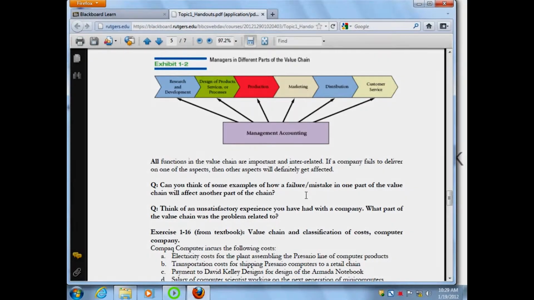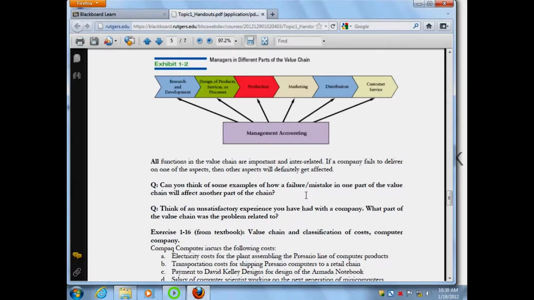Okay, so let's look at the diagram of the value chain. If you can't see it up here, you can just look at it on your notes. So the value chain is a mental map of the various functions that have to happen in any organization to some extent or the other in order to deliver something that's of value. Now, not all organizations are going to have all of these building blocks, but most of them will have